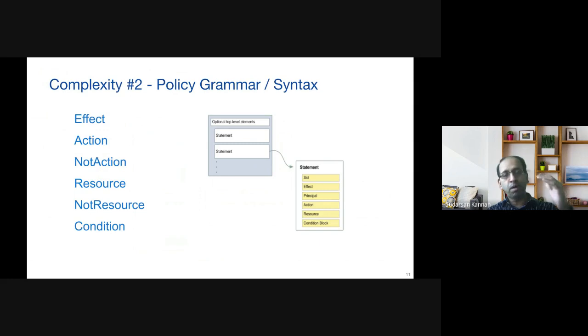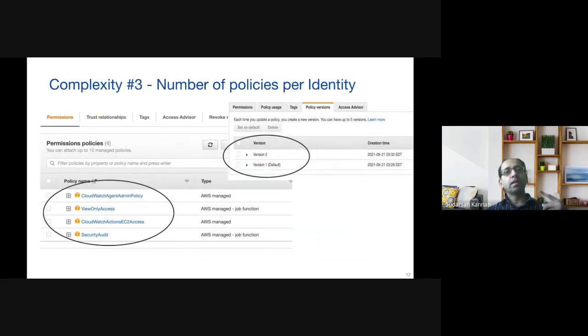So you need to parse through the policies, understand what the block says, and then translate that across 6 different types of policies. Now the problem is a 2-level problem. The first level is types of policies. The second level is the policy grammar, what goes into defining a policy. That's another level of complexity, right? Then last but not least is the number of policies.